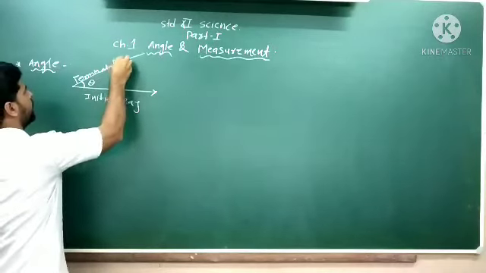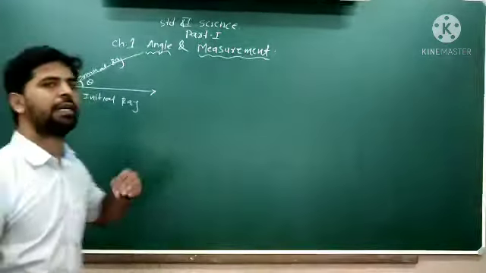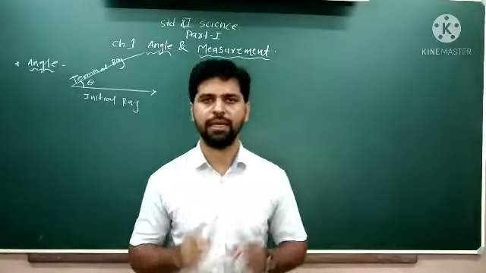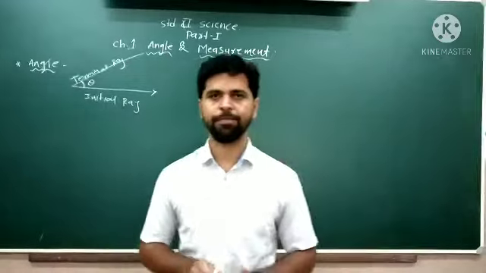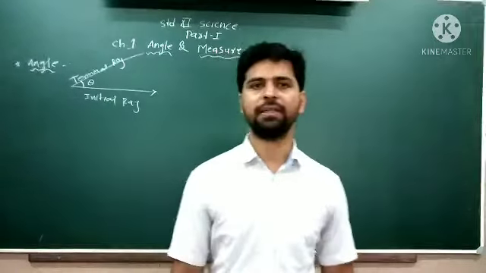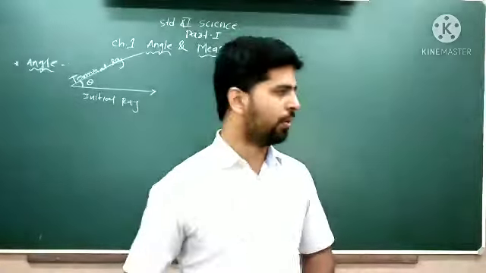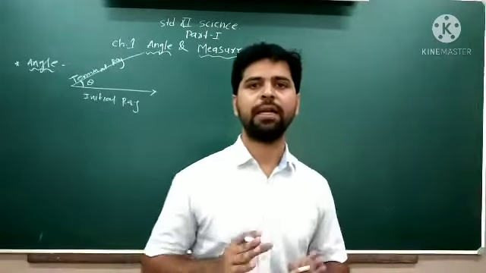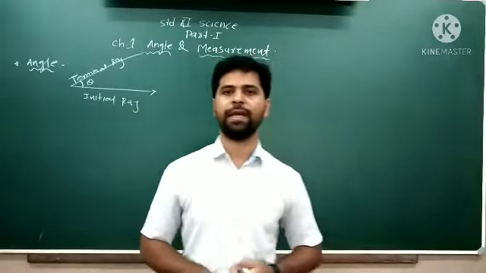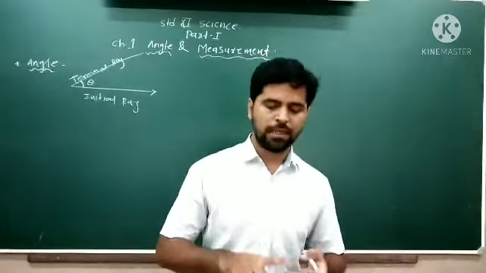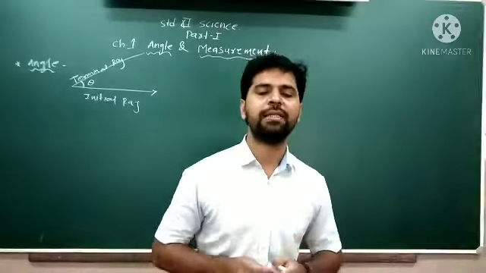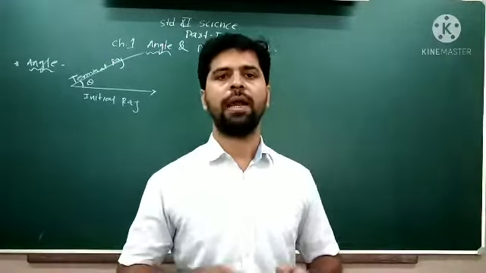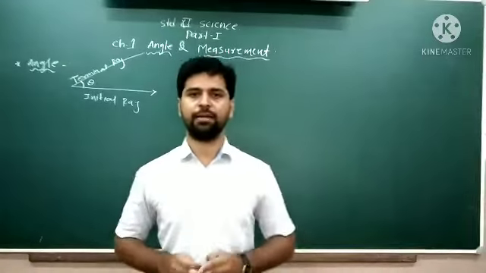Terminal. So when the initial ray and terminal ray intersect, that intersecting point forms an angle. That is known as angle. That angle we denote by theta. So how many different types of angle do we know? There are different types of angle, like zero angle, straight angle, and in your previous standard, or in 10th standard, you have already seen acute angle, obtuse angle, and right angle, right?